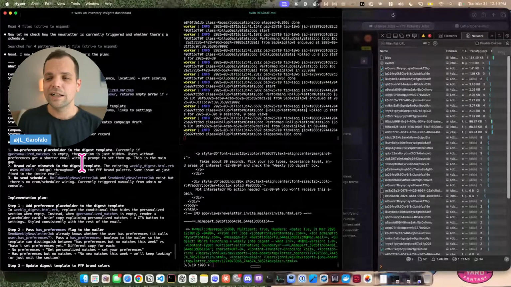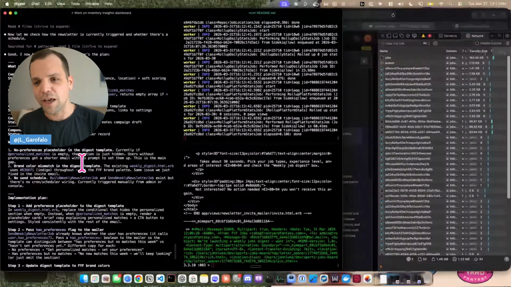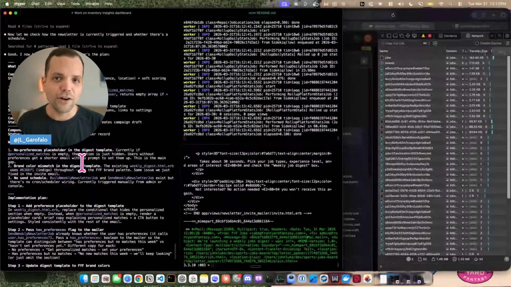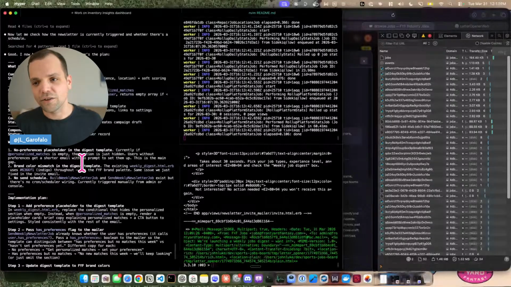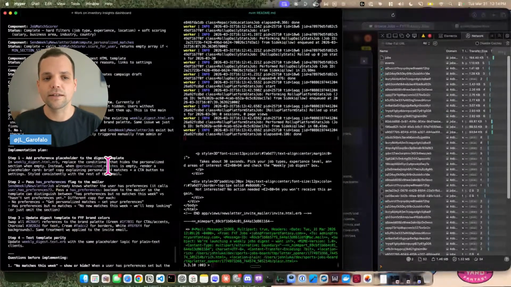We don't want it to have to rely on me opening up my computer, going into the application console and firing off the email every week. We want it to be regular and automate as much of this as we can, so that the experience is super consistent, the value is delivered at a consistent time, and it's not dependent on me and my scheduling.